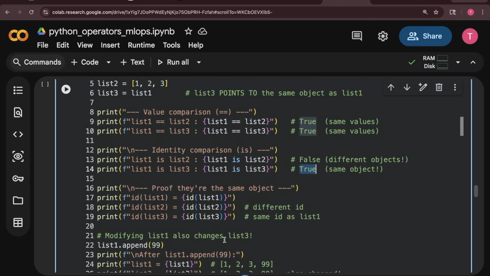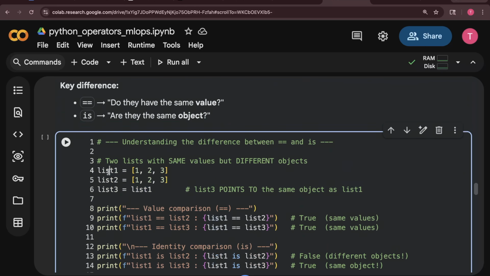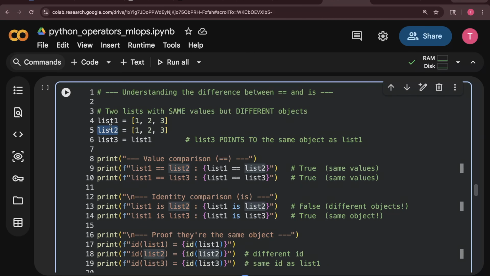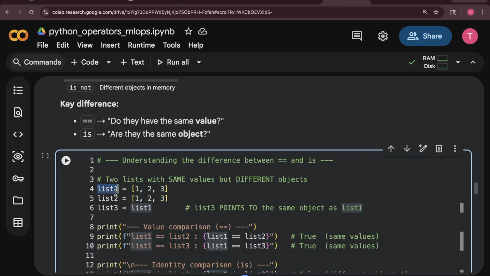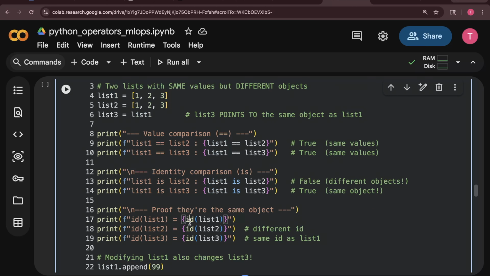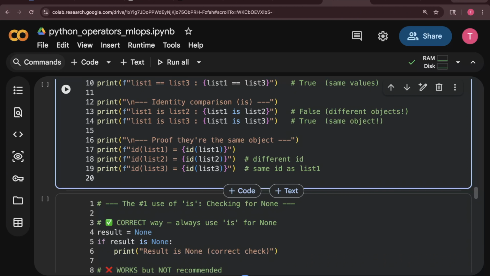Another thing, if you want to check id, if you call id of any object, right? In Python, whatever variable we create is called an object. We will discuss objects more later, but this is the example: list 1, list 2 objects. So id of list 1, id of list 2 and id of list 3, if we execute this, we'll get the memory value. Whatever variables we created are stored in a memory location, right? So this id will give us that memory id. Let me just execute this code. See